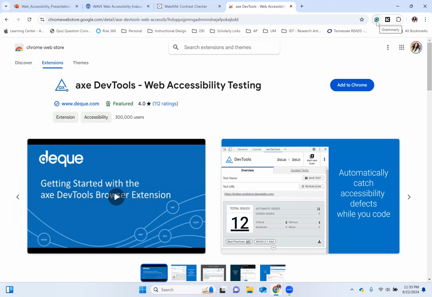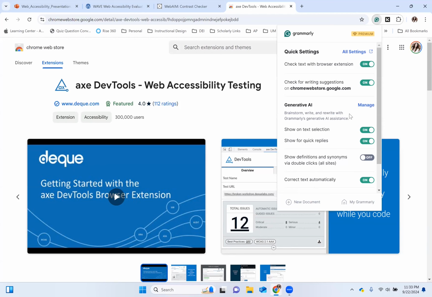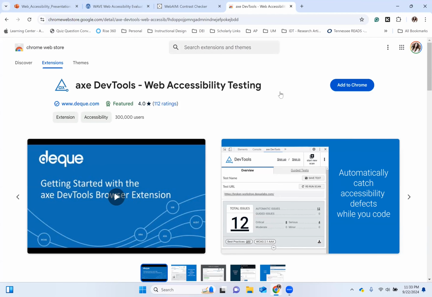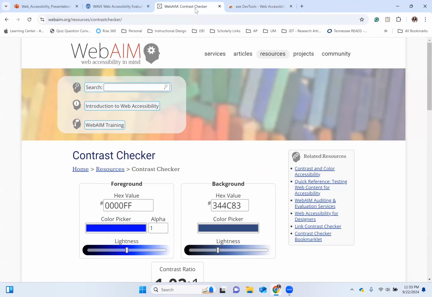I have the Grammarly extension, but you see these things up here, these small icons, those are extensions, and that just means it's a part of Chrome. It's already built in. And so if I click it, it's going to pull up and say, okay, I'm able to access this immediately. It's just like a direct link to it. So you can have a web accessibility browser add-on, or you can come to a website like webaim.org and do some checking that way.